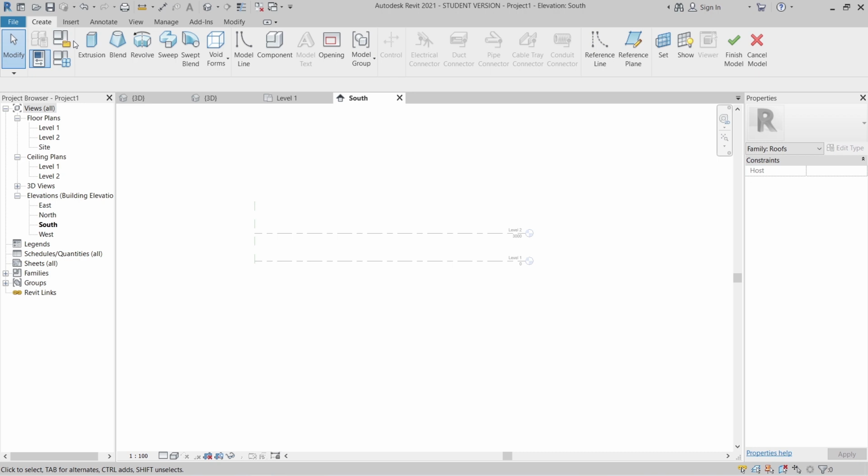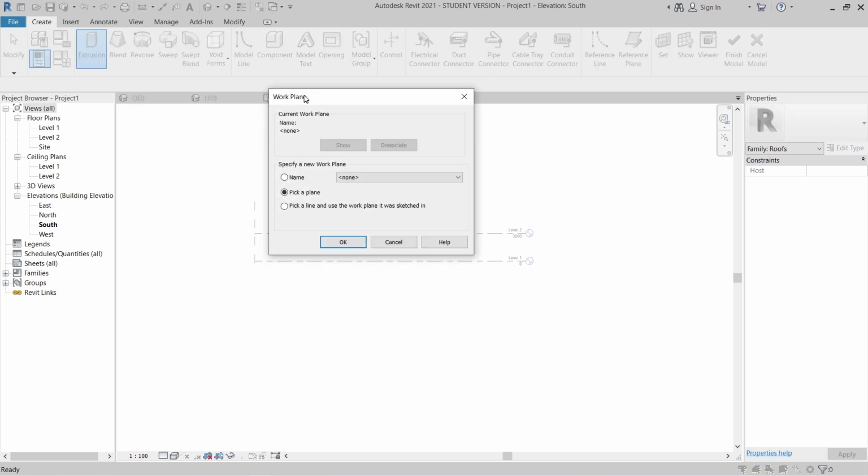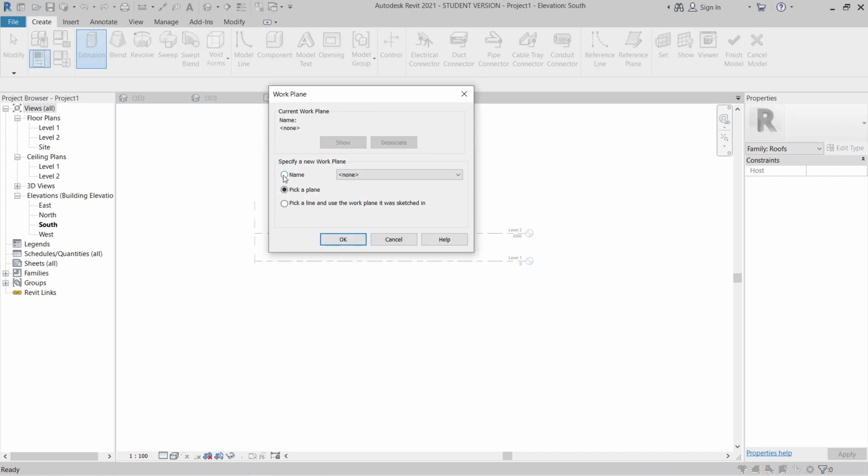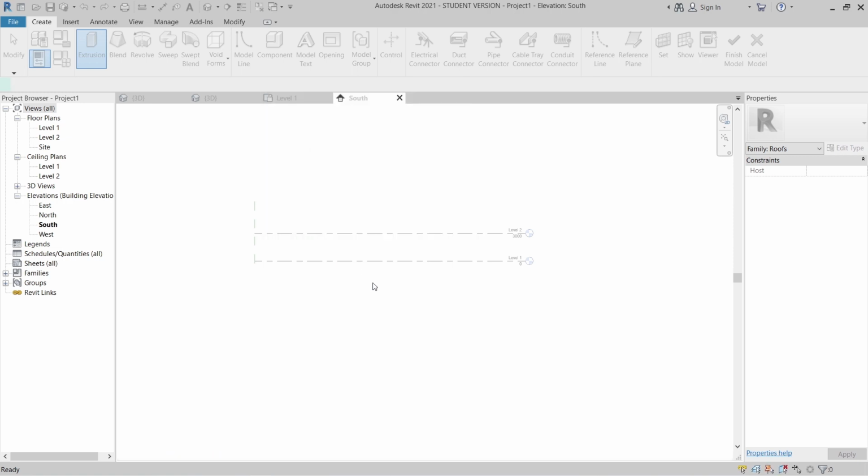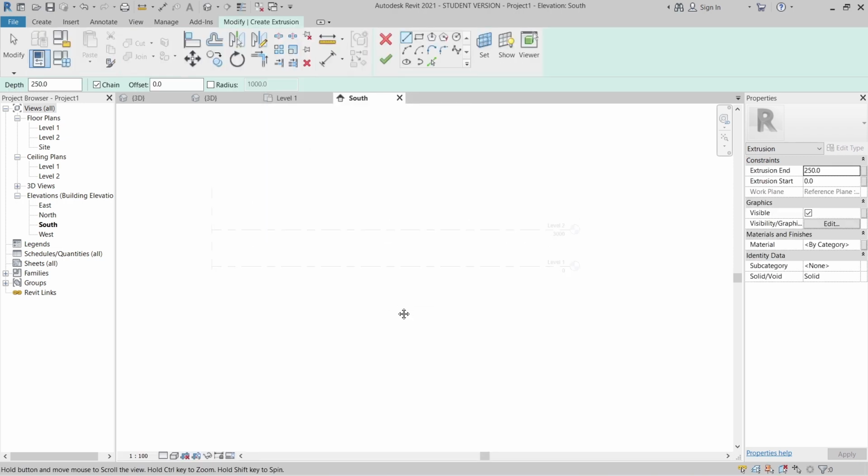Okay, then we're using an extrusion. So Revit will ask us about the work plane. This is the reason we have our reference plane 1 here, as you can see. Okay, now it's time to create that. I simply use a rectangle, start from here, make it like this, and make the total length 12 meters. Hit escape a couple times.